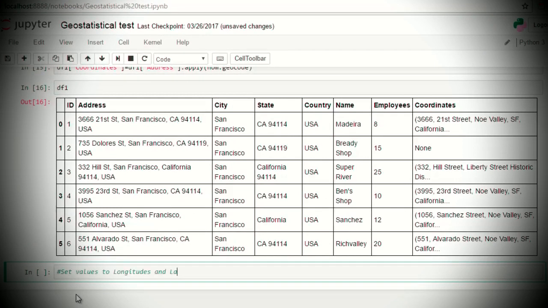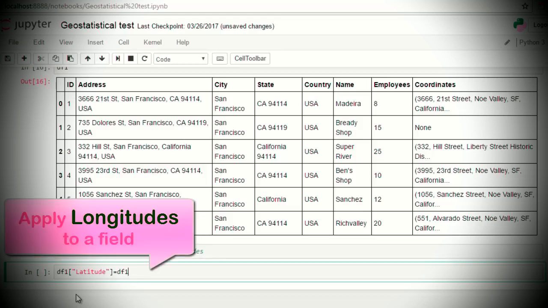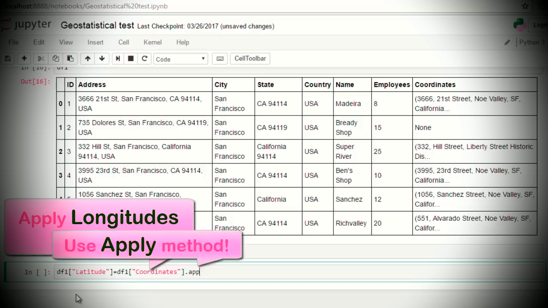And step number 5, set values to longitude and latitude. Okay, this is the final step, and for this we use a very simple method just to send all information from the API to new columns. So use again the apply method, apply longitudes to a field,